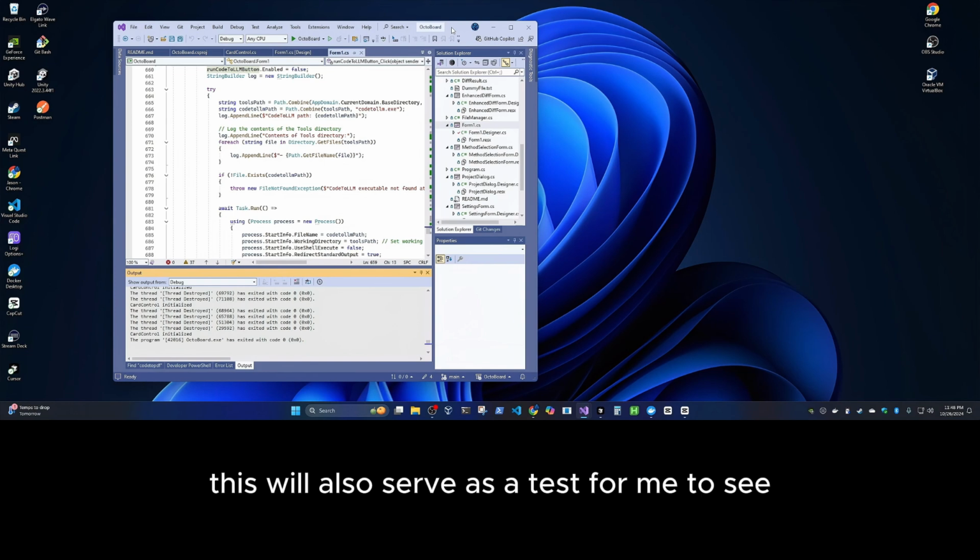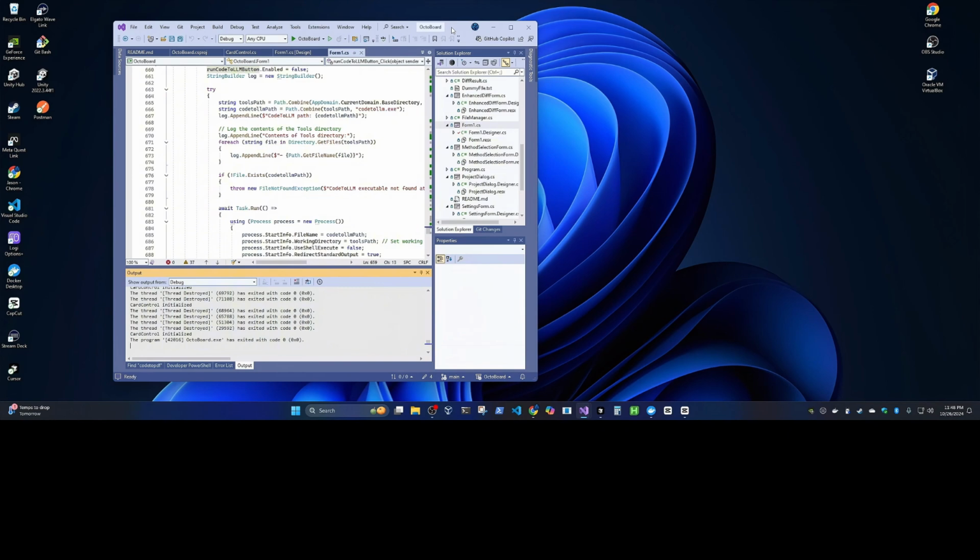This will also serve as a test for me to see if there's anything I need to focus on with the application, because it's a little buggy at the moment.